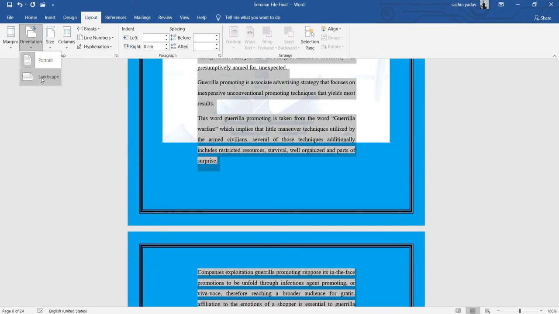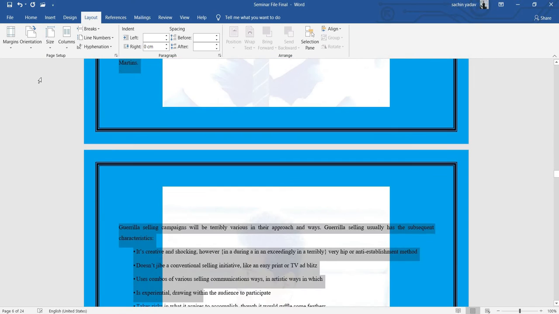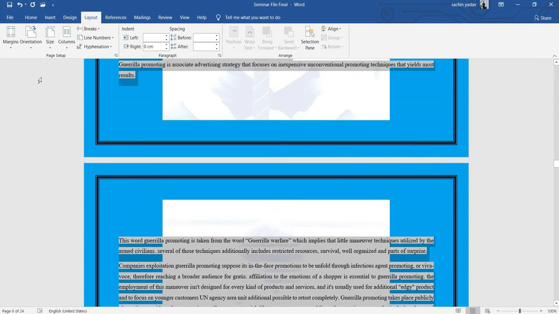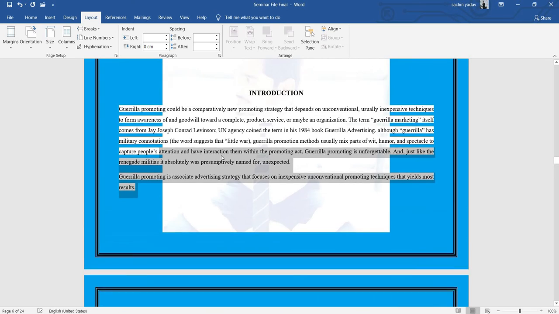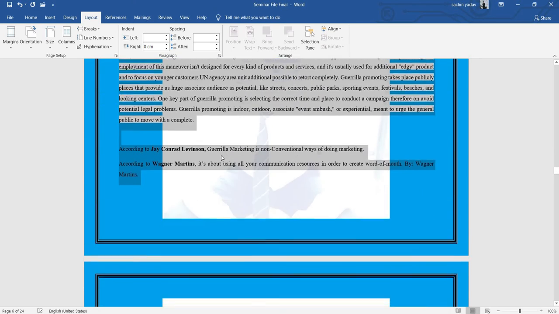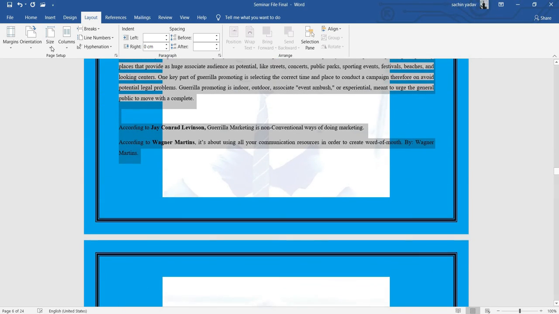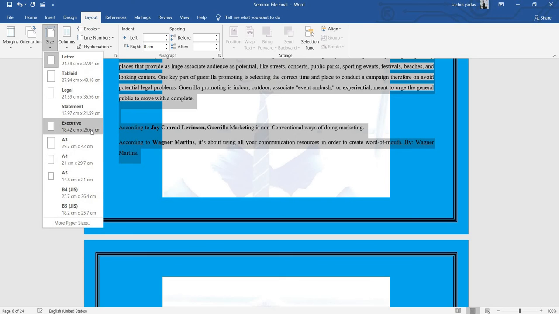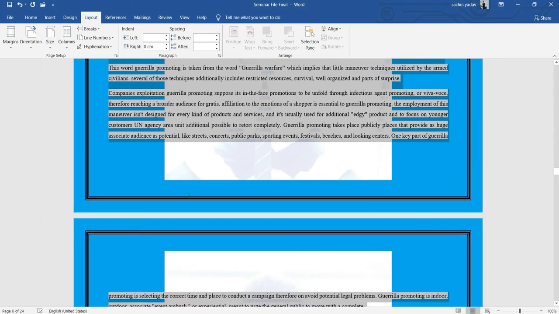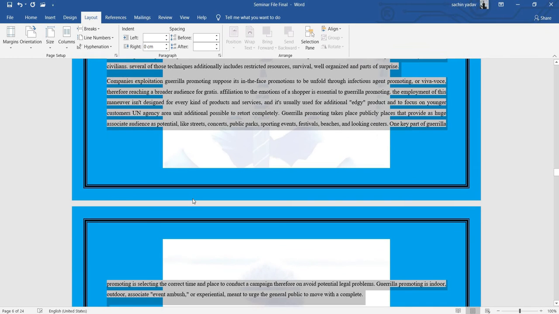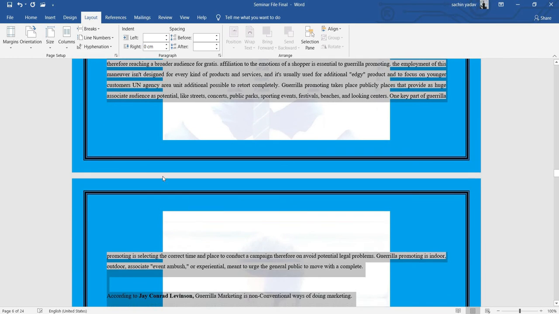Or you can use orientation, portrait or landscape. You can change the Word page into a landscape option, which is a very good read view option you can say. Or you can change the size according to your need.